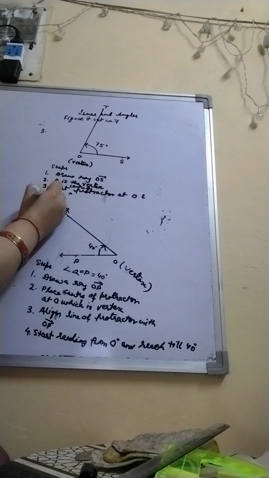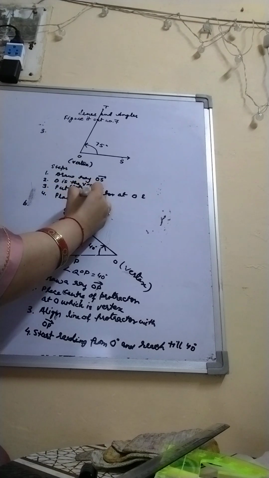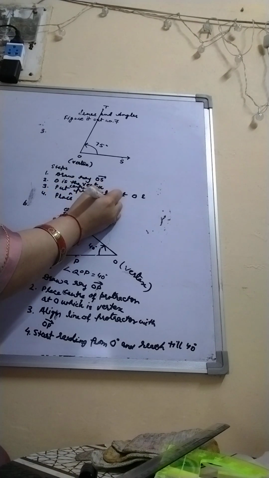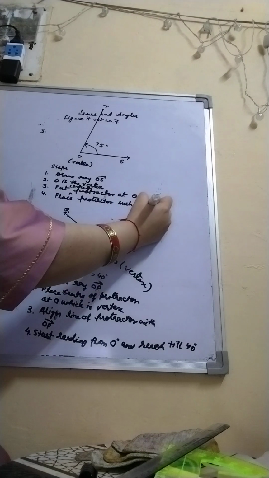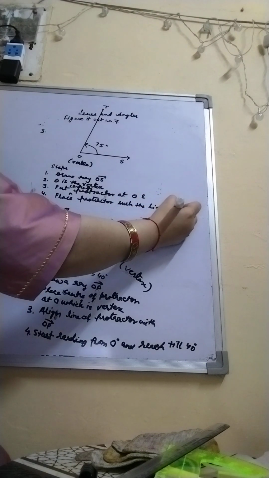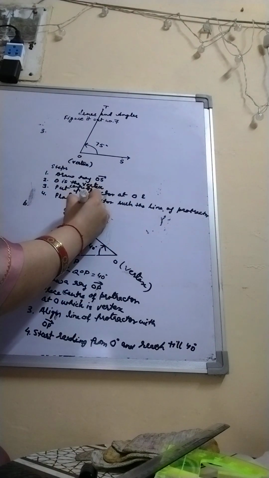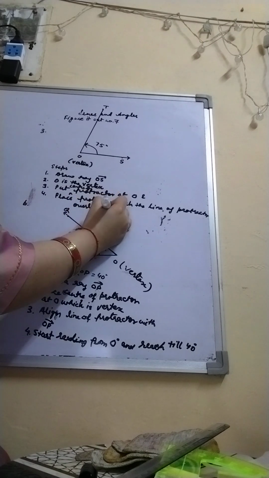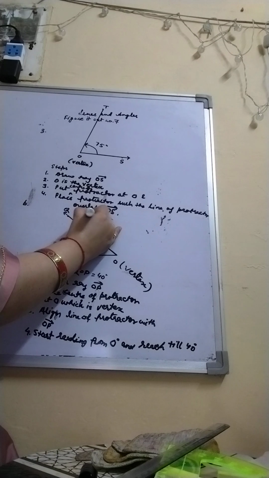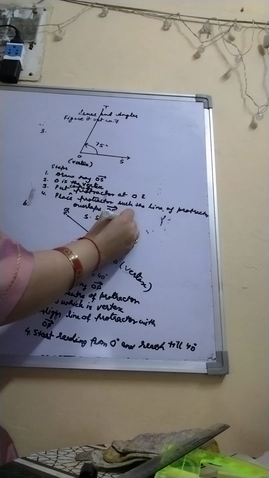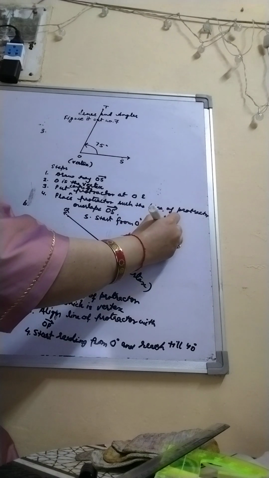And fourth step is place protector such that line of protector overlaps OS ray. Okay, ray OS. Then start from 0 degree reading and count till